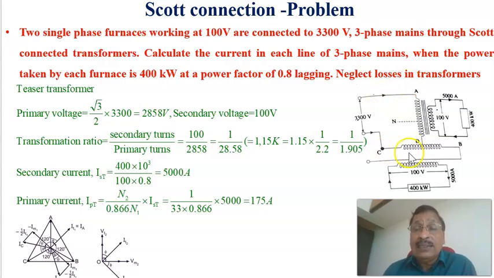Now the same thing we can calculate: what is the current through these phases, B phase as well as C phase. This is the phasor diagram corresponding to a 0.8 power factor load. This is the secondary voltage and current. This is the teaser voltage, and this is the current through the teaser, and this is the main voltage, and this is the current through the main